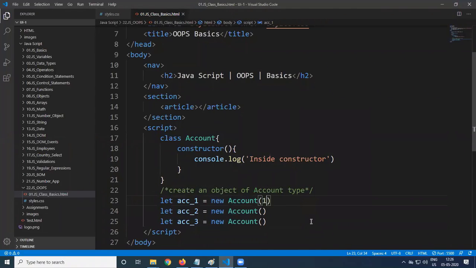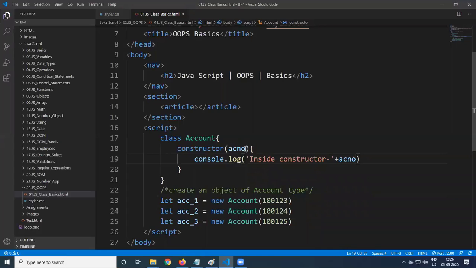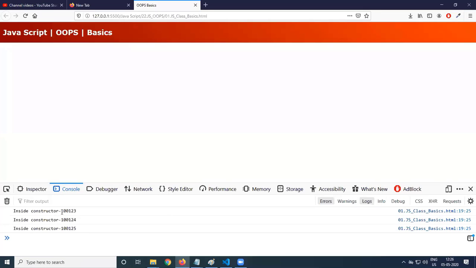The first account number is 100123, second object 100124, and 100125. Three values. Now the constructor takes the account number, so inside the constructor we provide the account number as a local variable, for the first, second and third object.